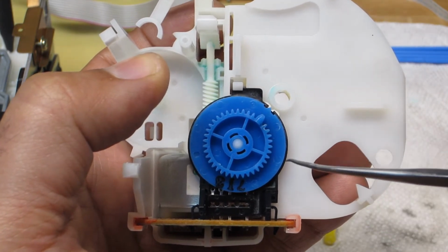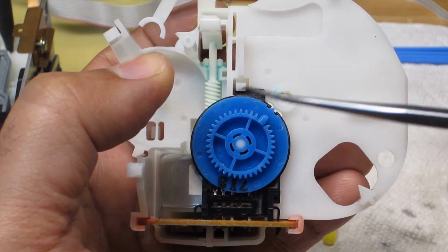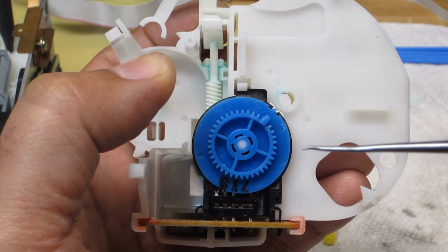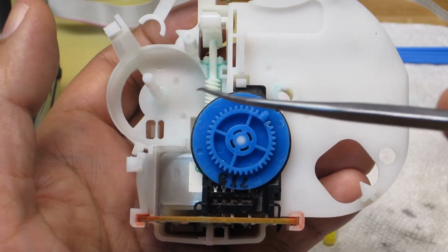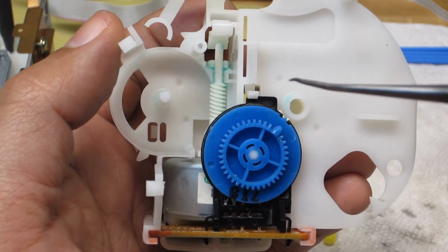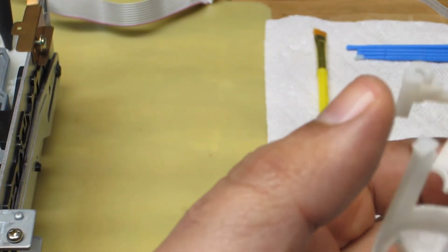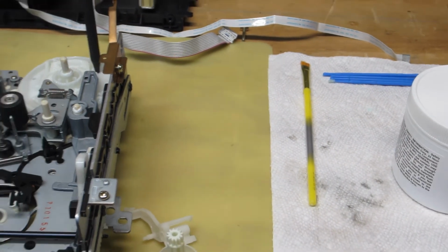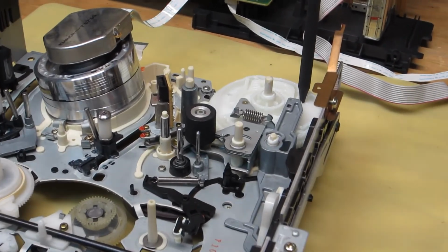So again, the importance of all of these mechanisms being in alignment, as I've been going through and reassembling everything, because once I get this loading drive assembly all put back together, I still have a few parts going in. I'm going to apply some grease as mentioned, get everything lubricated, snap back into place and so forth. Once that's done and everything's in alignment, as I've demonstrated already, then we're going to situate the remainder of that loading drive assembly